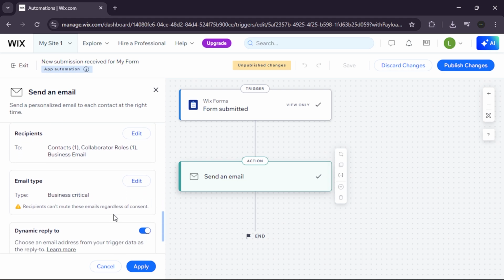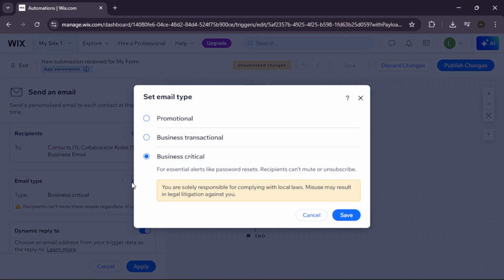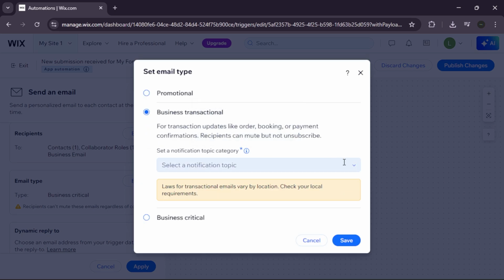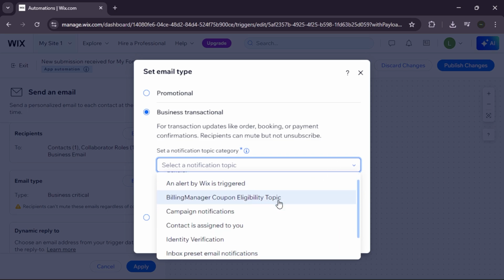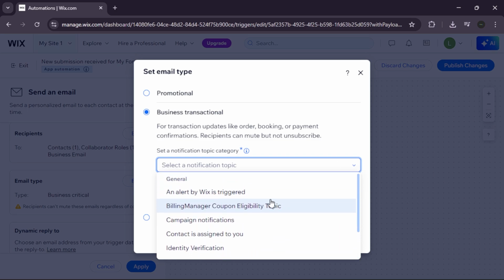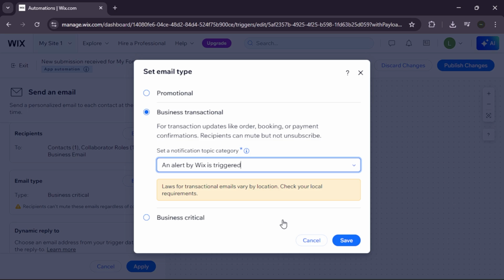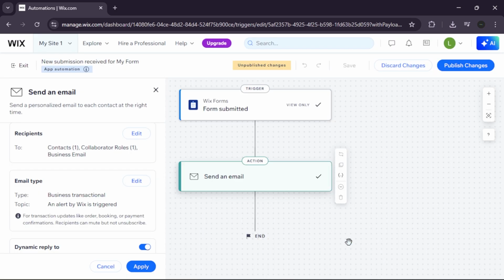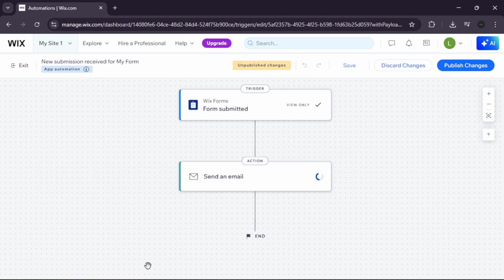And that's pretty much it. To change your form notifications in 2026, go to Customer and Leads, Forms and Submissions in your dashboard. Click the three dots next to your form, select Form Notifications, and then click Edit on the active automation. Adjust your recipients and sender details within the action block, and then save to activate your new